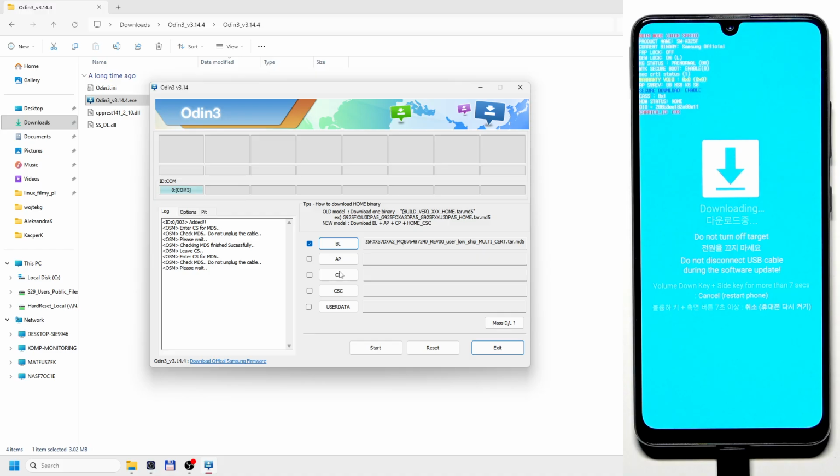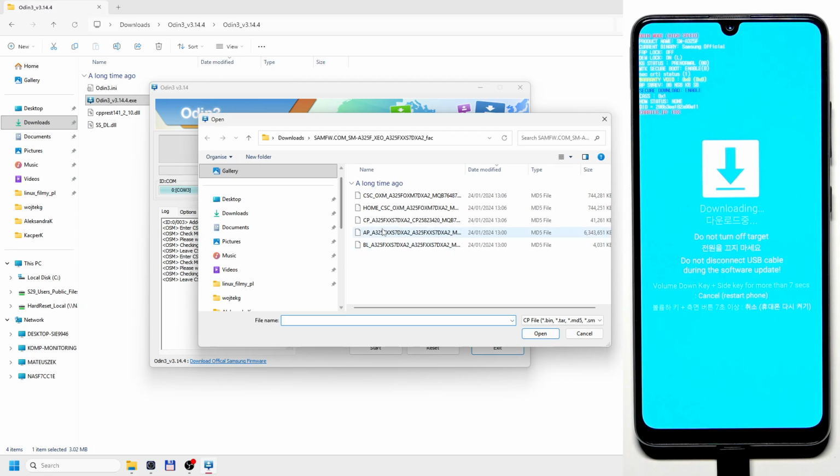This one is going to load a little bit longer because that's the biggest file, so we have to wait. Okay, now CP, select the CP file,